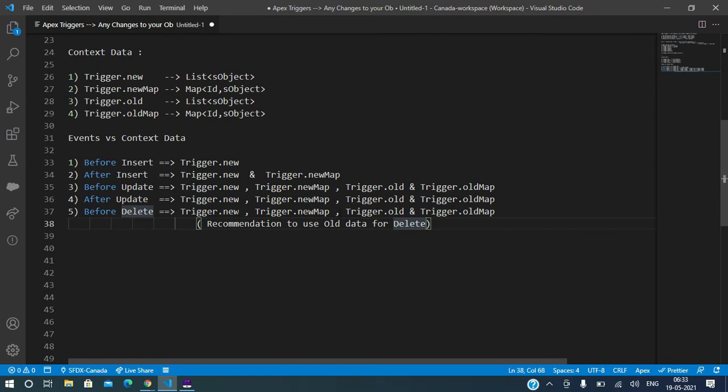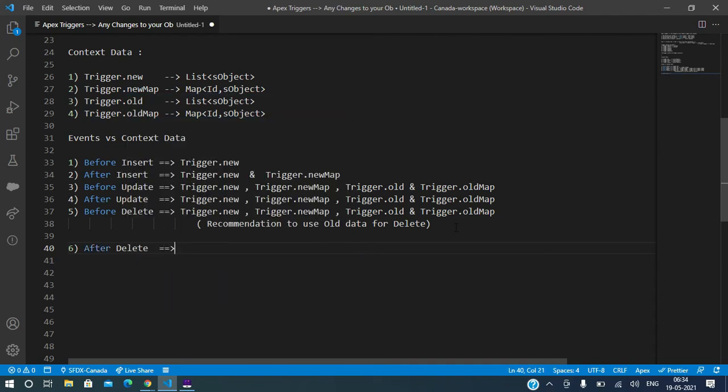So whenever you are writing any delete trigger, try to use old context data, not Trigger.new and newMap. This is my recommendation on the coding side. Else you will encounter errors like dereference null object, record cannot be found, or insufficient privilege access.